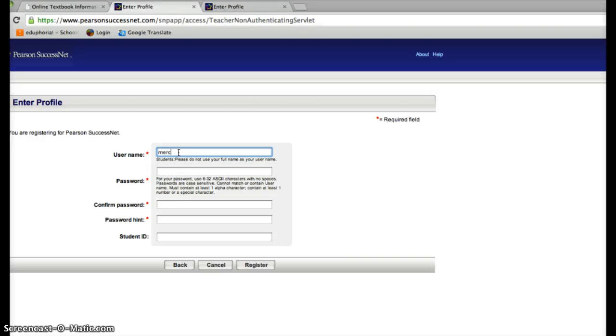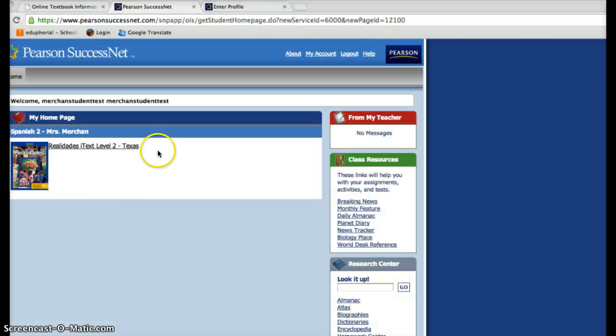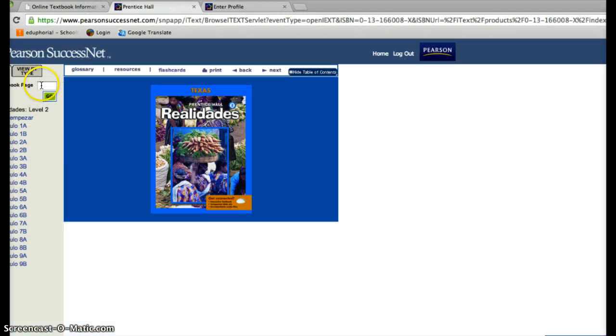So let's say immersion student test. Nobody's got that name. Put in whatever password you want, put it in again, and then give yourself a helper. And then hit register. Once you're online, oh, it's going to make me actually log in. Once you're online, the textbook will show up here, and if you just click on it,